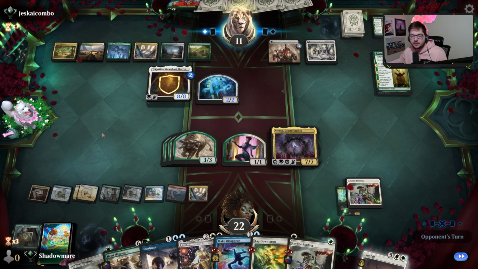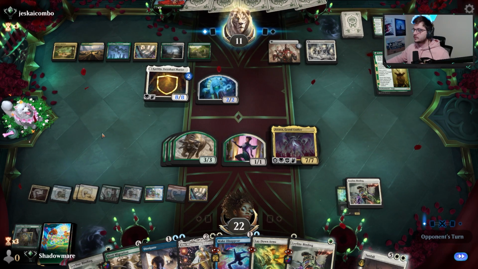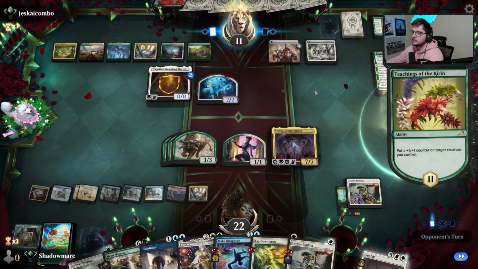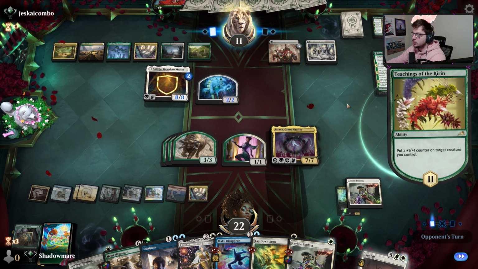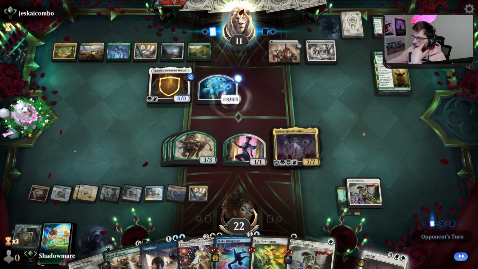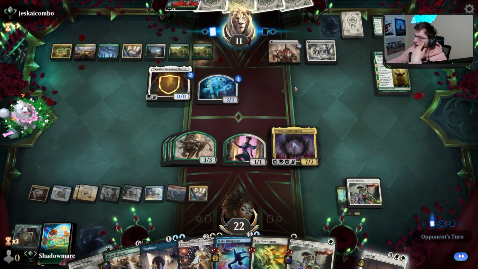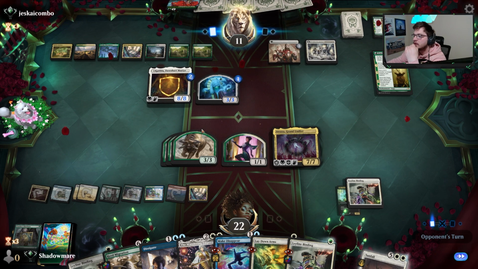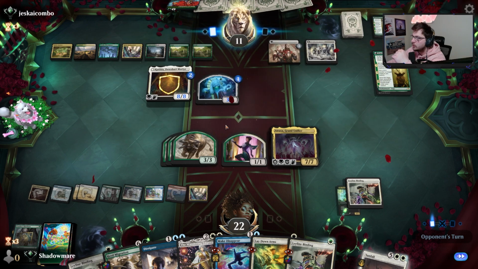Become quite the game for whatever reason. One counter on a creature. Soon. Goes on the ground creature to kind of diversify. Don't want to put, they already know that this is the target for our spot removal, so why add more